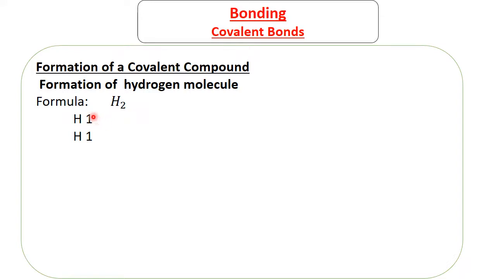Now, how is a bond going to be formed between these two? Since this has 1 and this has 1, each is going to contribute to the bond. In short, this hydrogen atom is going to share its 1 electron, and this one its 1 electron. So each of them is going to have 2 because they have shared. To illustrate what I mean by this, we use